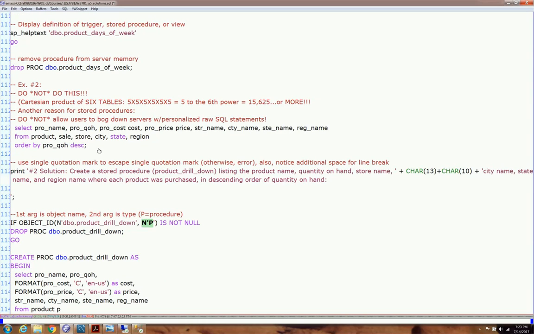Okay, so don't do this, right? Don't do this or allow your users to do that by accident or on purpose, because if all those tables